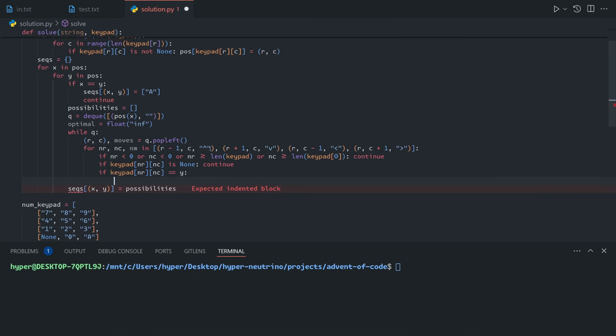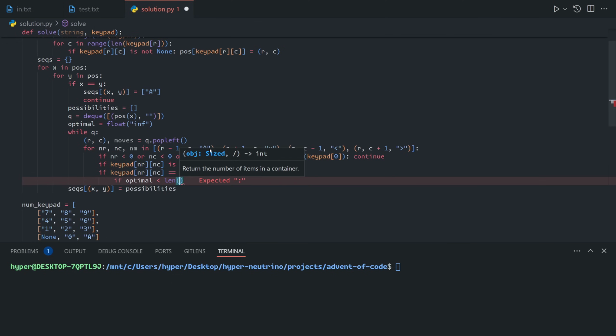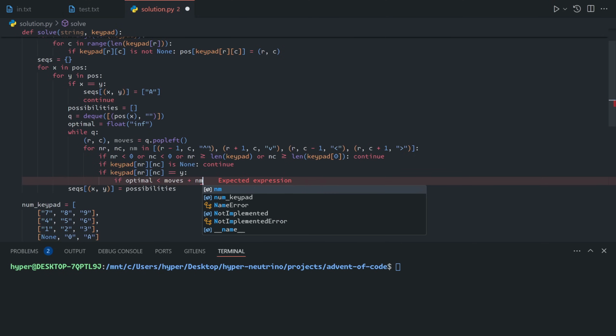However, if we've already found the optimal length, so if we found the optimal length and it is better than our current possibility, so the current sequence we have is moves plus nm, and so the length of that is length of moves plus 1, because nm is always length 1. So if optimal is shorter than the current path we have found, then we will